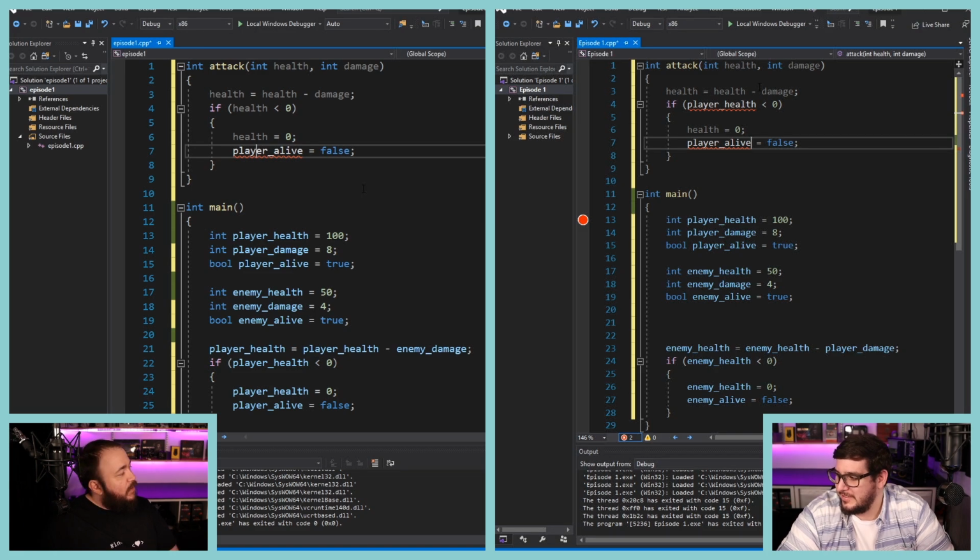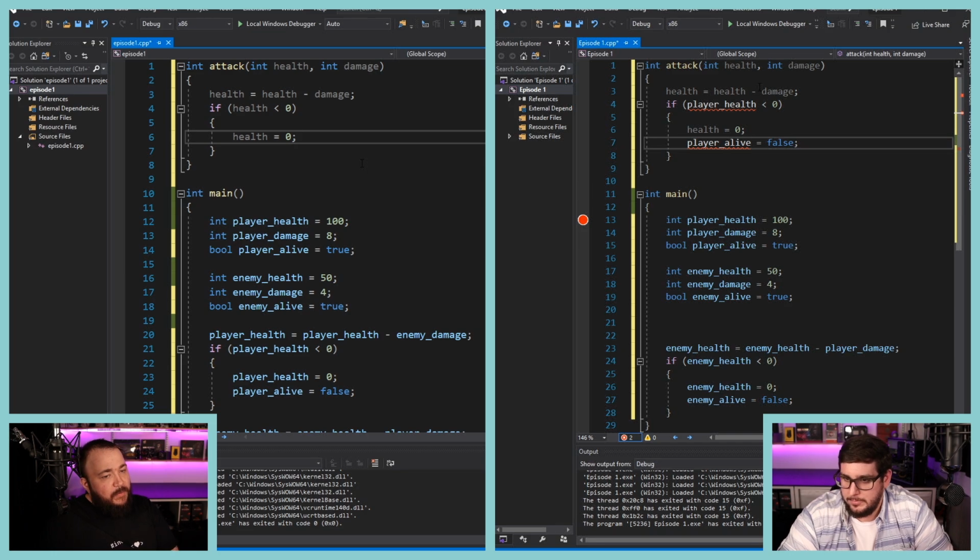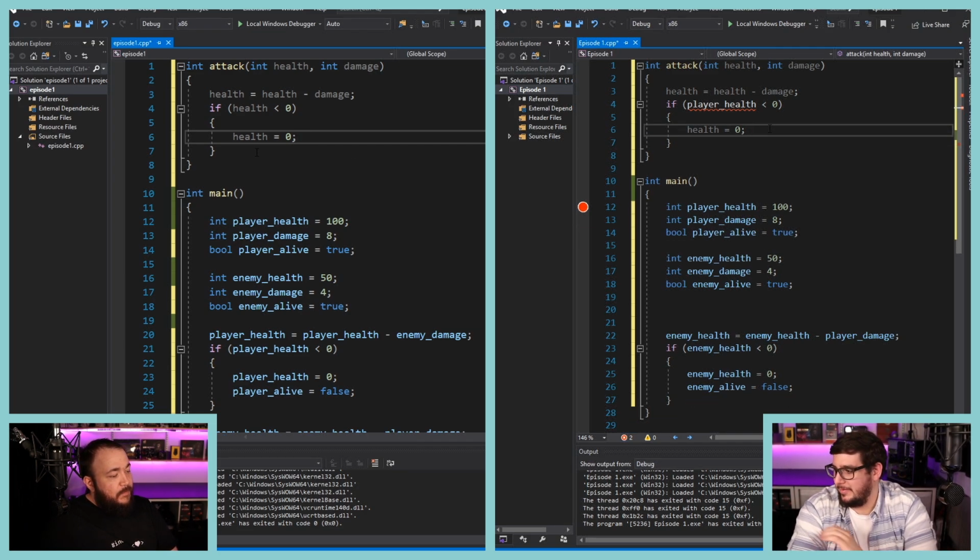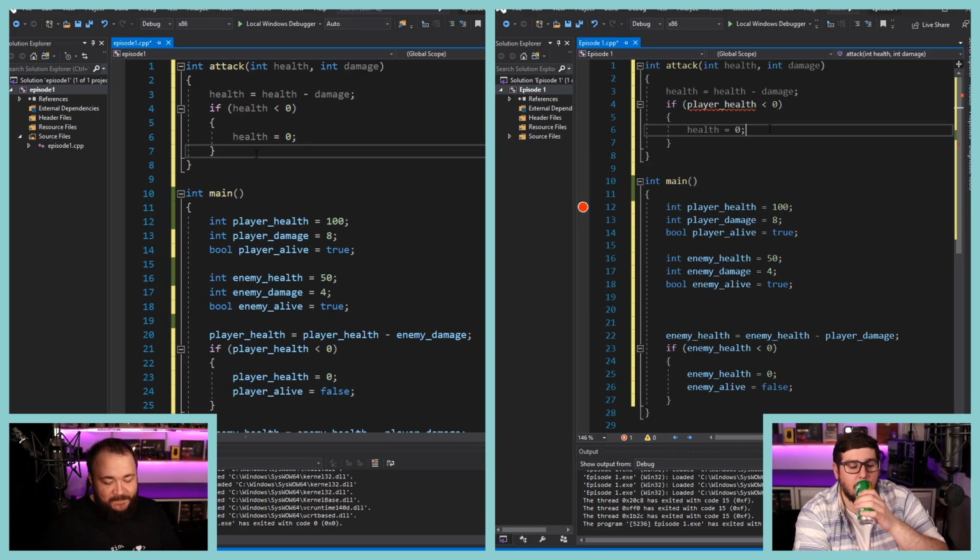But we have a problem here with alive, right? Let's skip that one for now, for a little bit. So we just delete that one. Just for now. Does C++ have reference in and out? Yes, but I'm avoiding that for now.